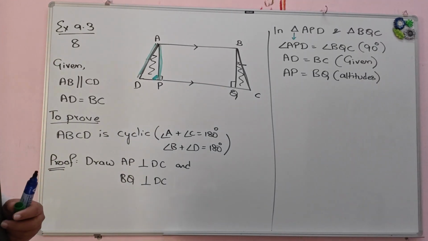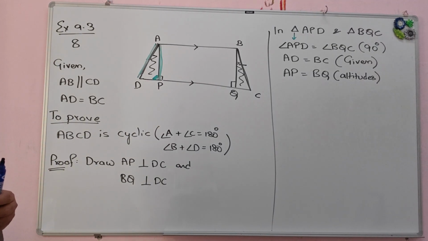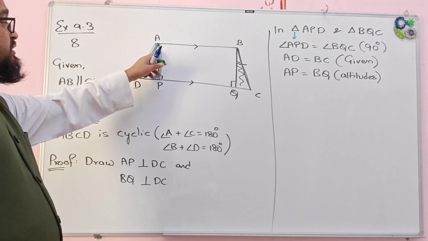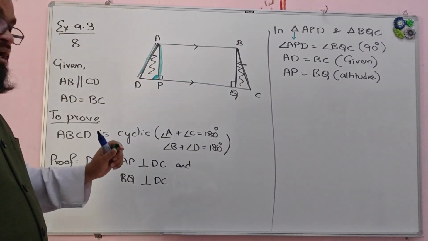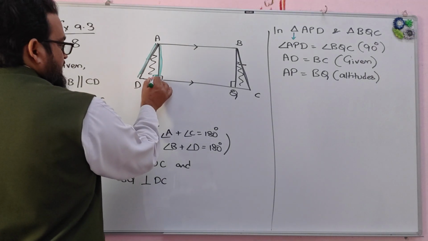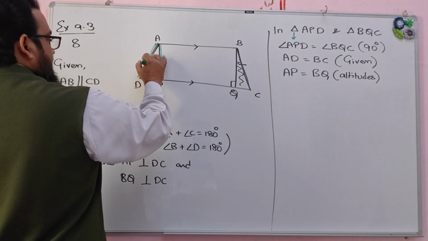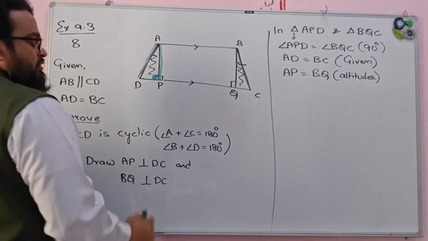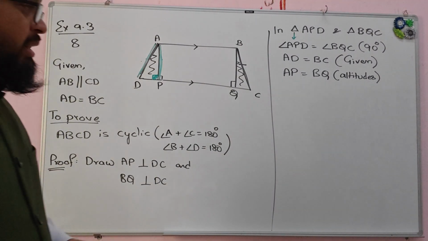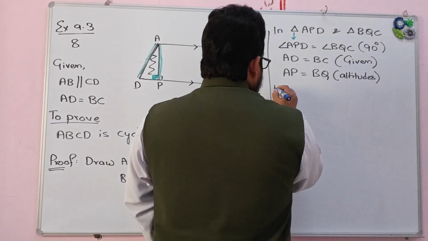No, we cannot take, because side angle side requires the included angle, but here the angle is not included in between the sides. So it is a right angle, this is a right angle, and the side is the hypotenuse, and the other one is the corresponding side. So therefore by RHS congruency,